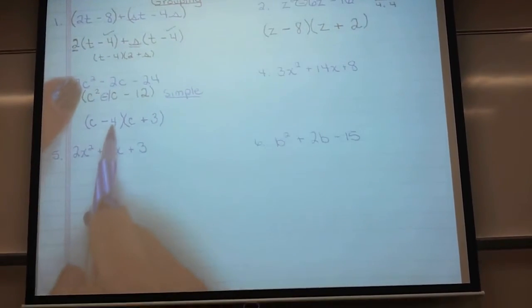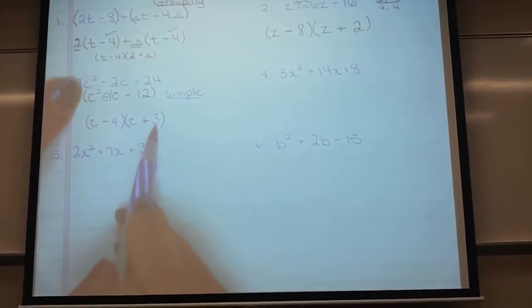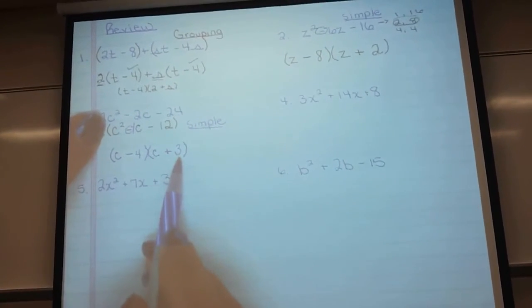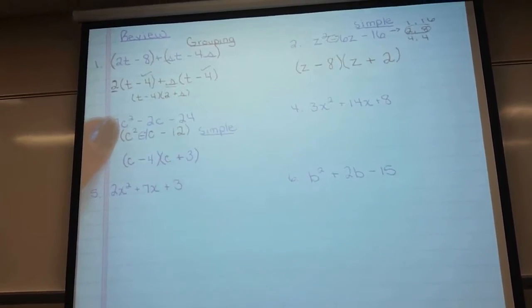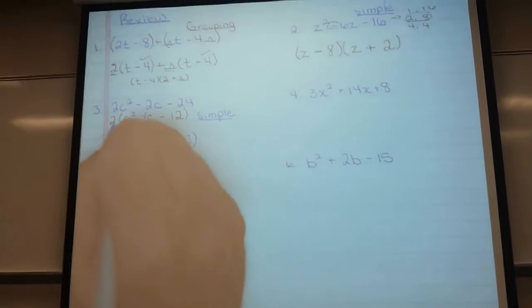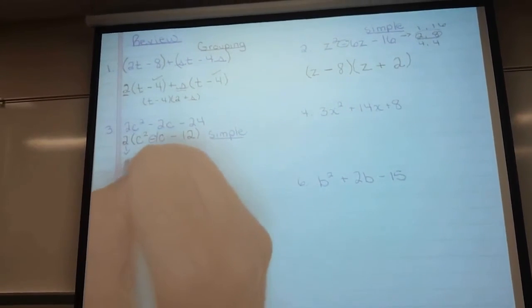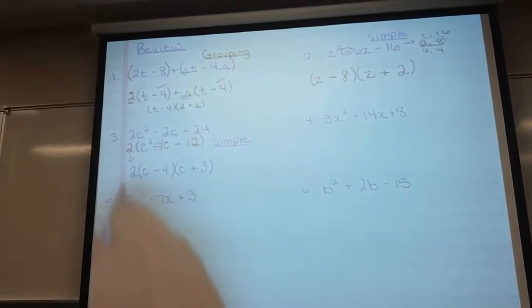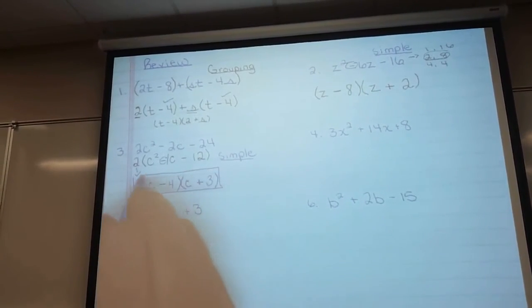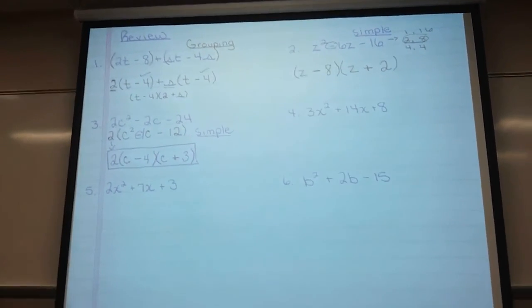And you can check it. Negative 4 plus 3 is negative 1. Negative 4 times 3 is negative 12. And then what's the only thing we've got to remember to do at the end? Bring the 2 down. So if you don't have that 2, you change the problem. Gotta have that 2 there. So this part is your final answer. So it could look like an any outie, but you've got to